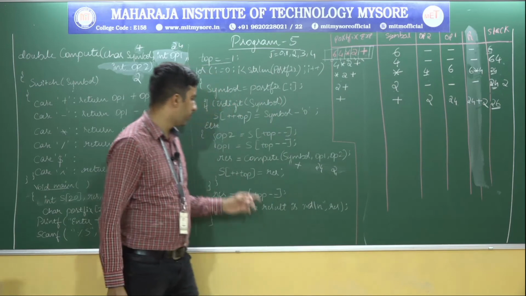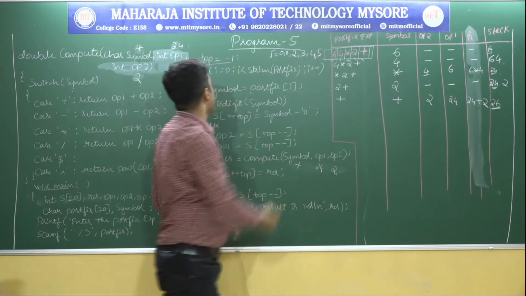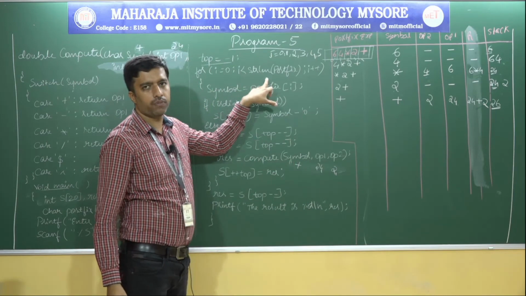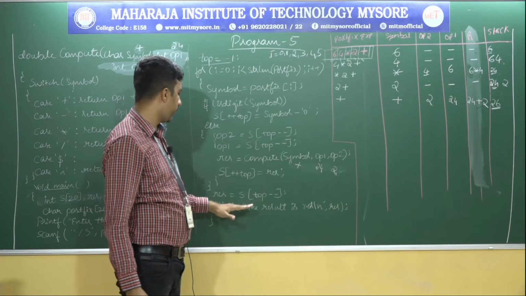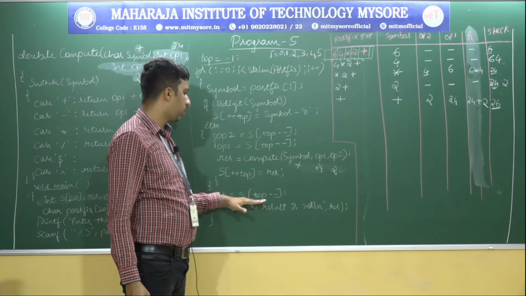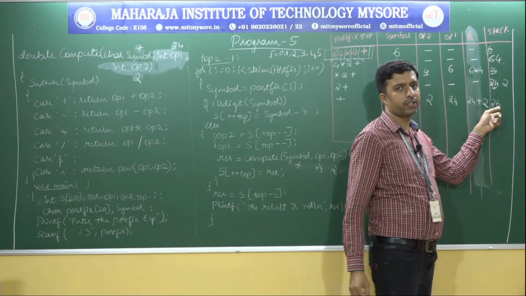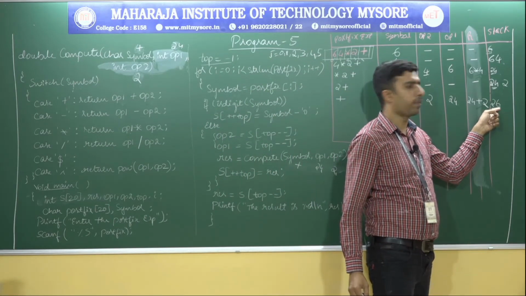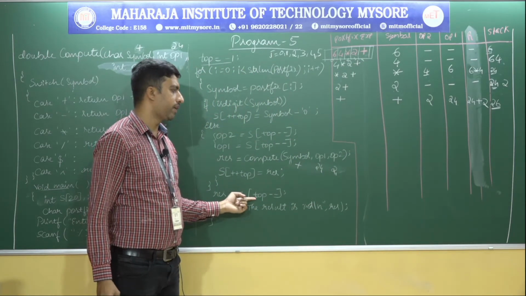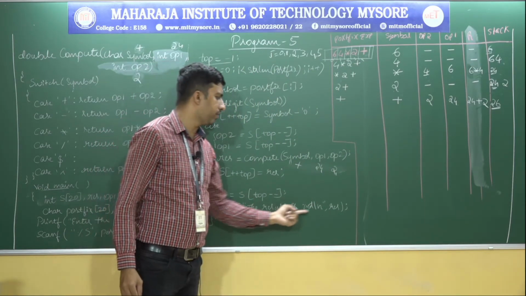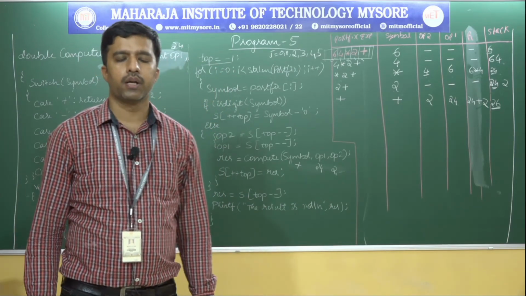Now the stack consists of 26 and i gets incremented, goes back, i gets incremented. Check that one: i less than, okay, 5 less than 4, no. It returns, okay, went out, and result is equal to S of top minus minus. The element which is left out at the top of the stack, that is the result. Okay, now the result will be 26. Result is 24. In this fashion,